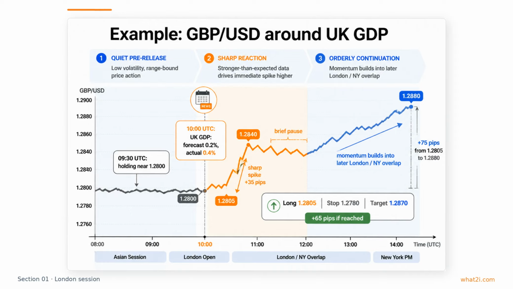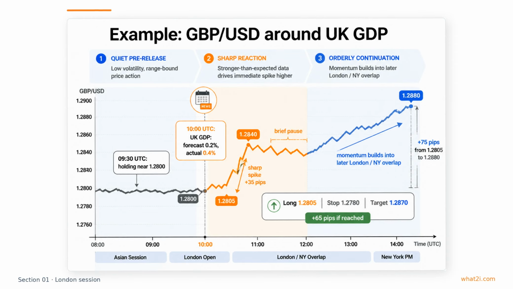GBP/USD jumps from about 1.2850 to 1.2840 almost immediately as traders reprice the outlook. After that first spike, the market pauses, which is common because early buyers take profits and late participants decide whether to join. If the underlying surprise is strong enough, momentum can rebuild and price may extend higher, in this example toward 1.2880. The lesson is that news moves often unfold in phases: the initial shock, the pause, and then the